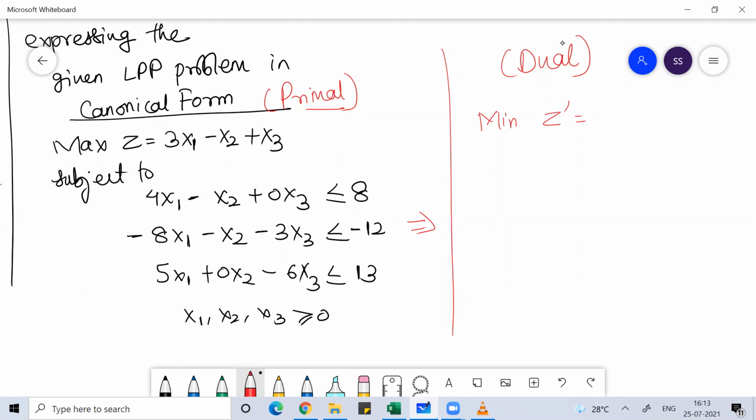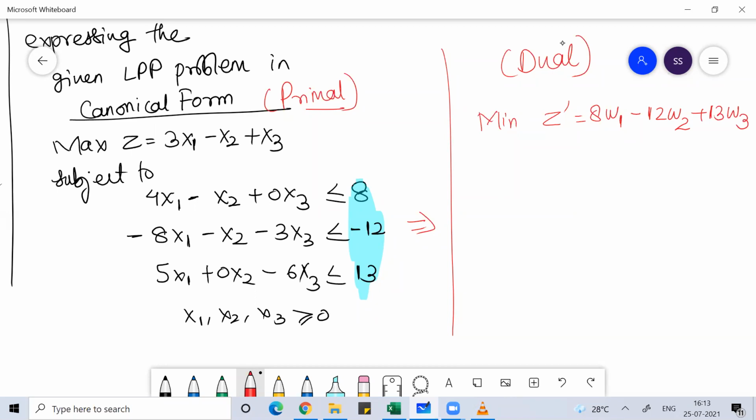When you write down the objective function of the dual, the maxima will become minima. Now see the RHS of the constraints of the primal. The RHS of the constraints of the primal will become the coefficients of the objective function of the dual. So this would be 8W1 minus 12W2 plus 13W3